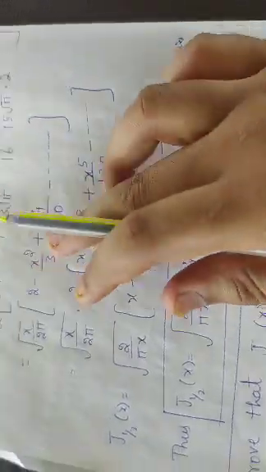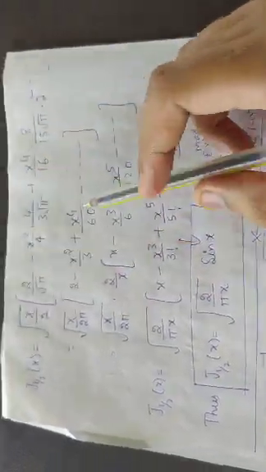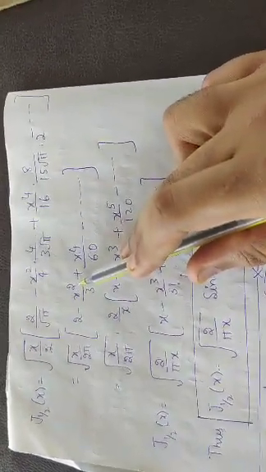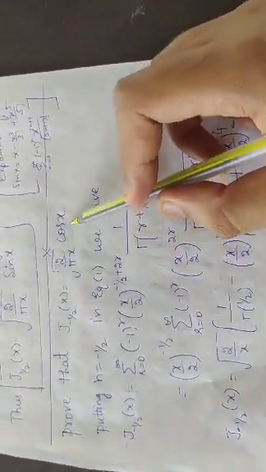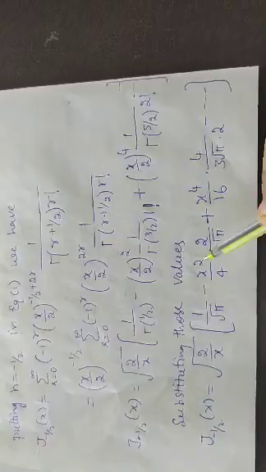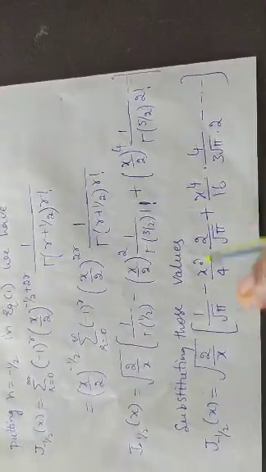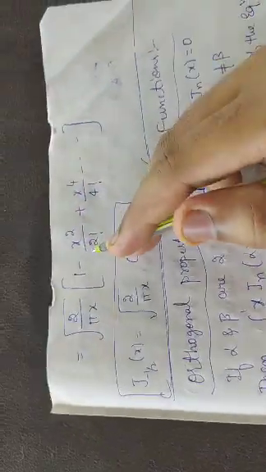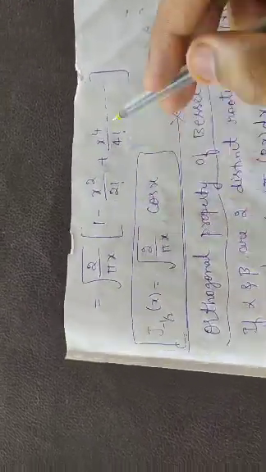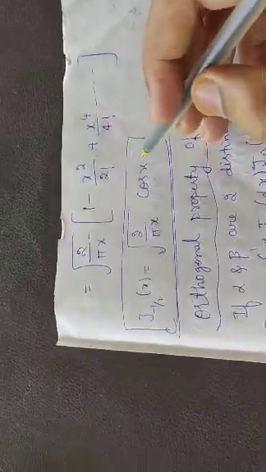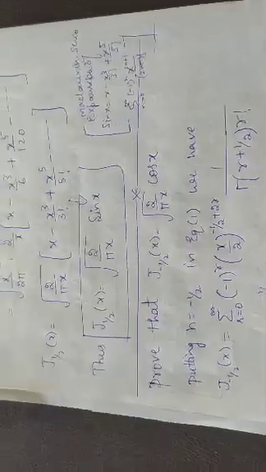Here you no need to multiply anything. In the last problem you multiplied and divided by x, because you had to get odd powers, x cube, x power 5 like this. But here you can observe this is the cos x expansion. The cos x expansion is already there, x square, x power 4. So already it is there. So no need to multiply and divide or take anything as common. Root 2 by pi x as it is, taking this outside, and this is nothing but clearly the cos x expansion. Thus we have proved two important properties of the Bessel equation.